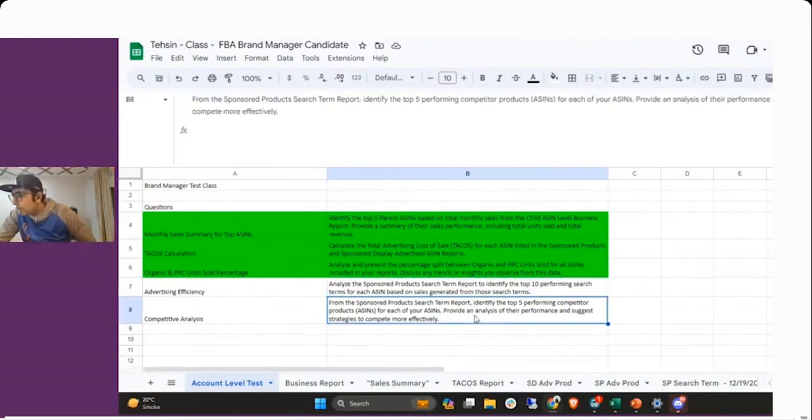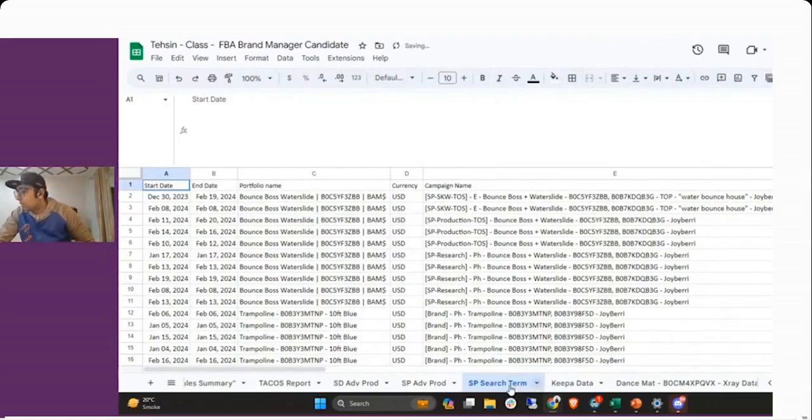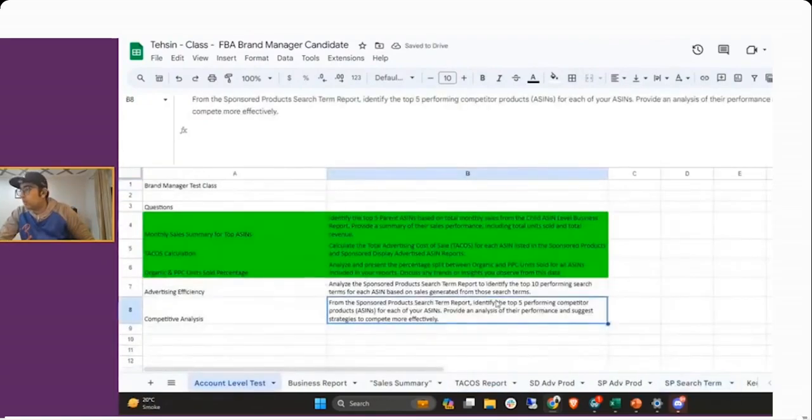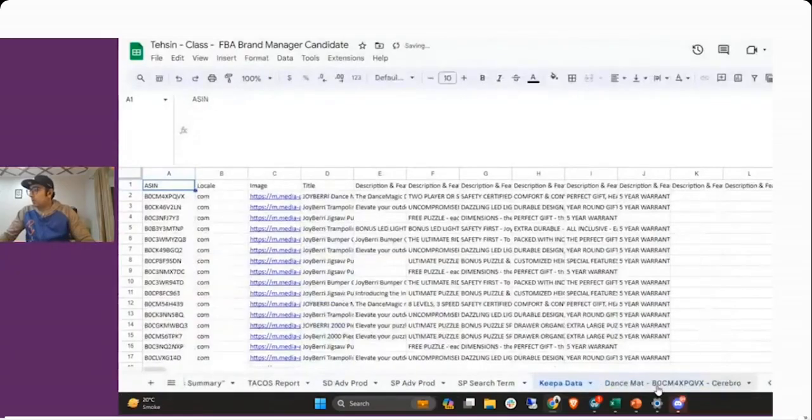I'm not going to do this because I want you to work on it. You already have the search term report here. So the SP search term report. There you go. You have it here. You can use this data for later. I'm going to remove this data because this is for another assignment. You don't need it up until